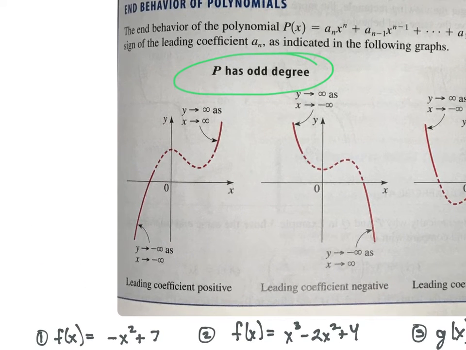The first thing you do, make sure the equation's written in standard form, and you say, is the degree odd or even? If it's odd, you're going to have one thing on the right, the opposite thing on the left. If it's even, they're going to be doing the same thing. So if I look in this case,